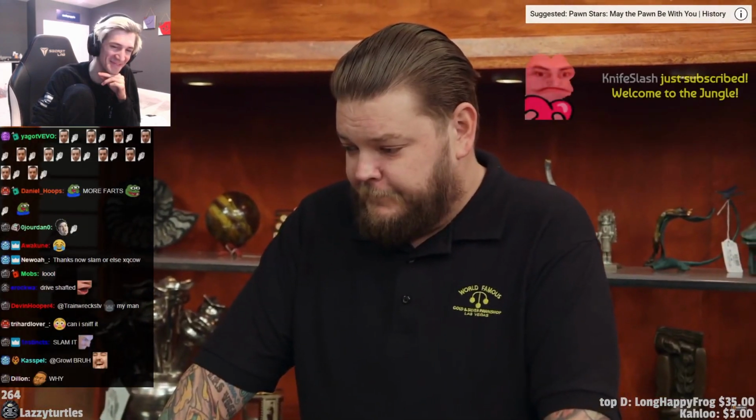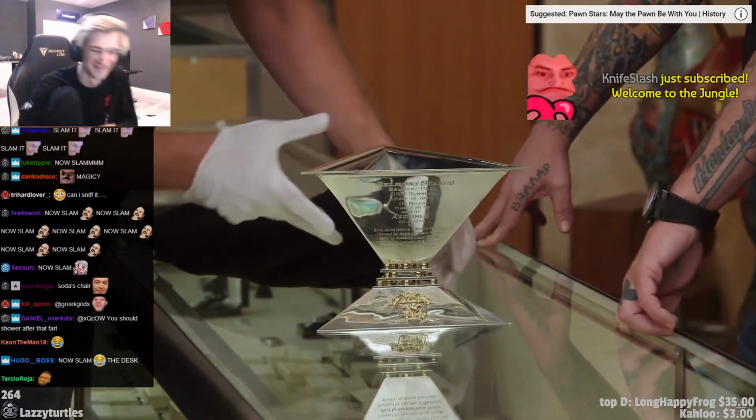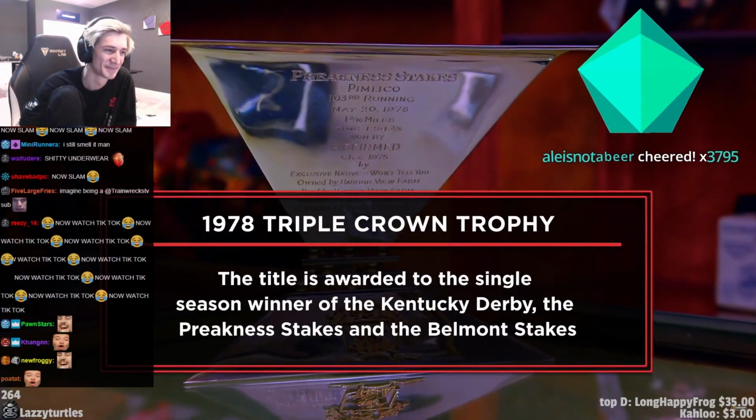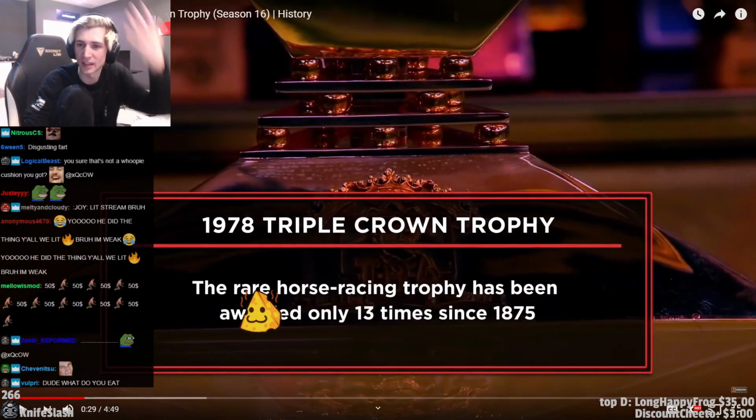XQCL. This is a 1978 Triple Crown trophy. Really? Yes. You don't look like the size of a jockey. No. I have a 1978 Triple Crown trophy, since this is one of the only ones available. But I thought it would be chat, let me think these